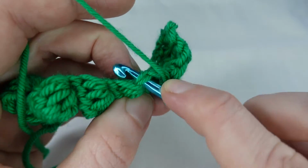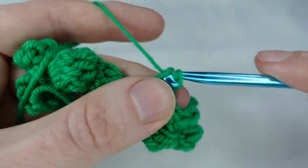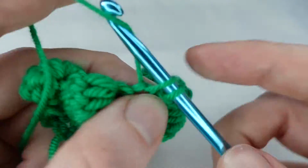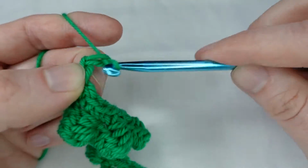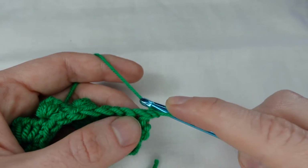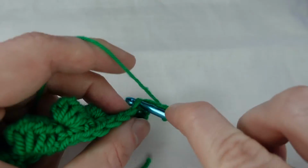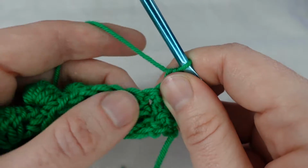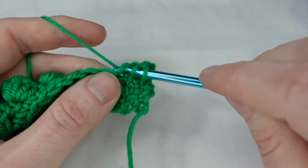Into the single crochet, into the top of the bobble stitch, and we carry on along the row, putting a single crochet into the top of each stitch, and at the end of the row we chain 1 and turn our work. We put a single crochet into each of the first 2 stitches, and into the next stitch we make another bobble stitch,